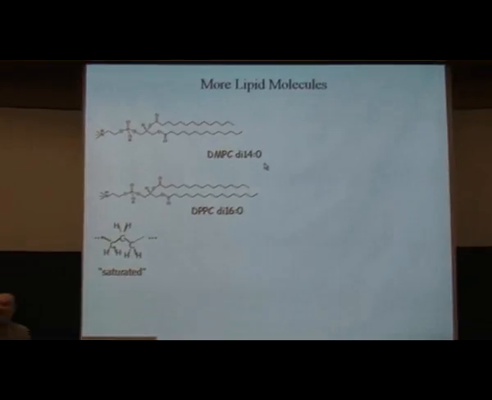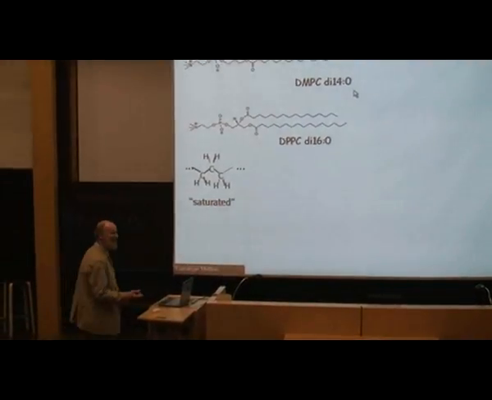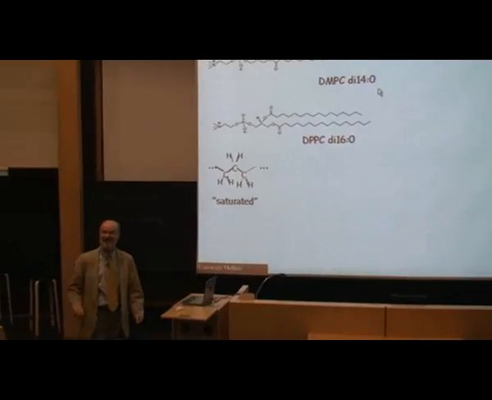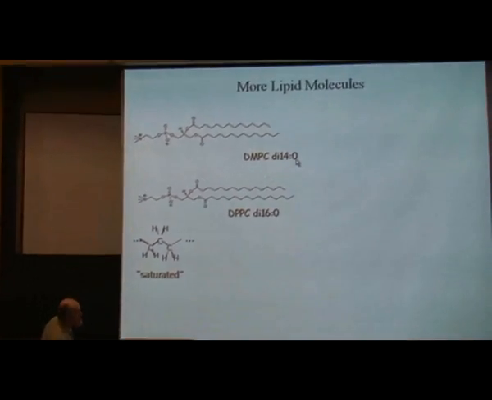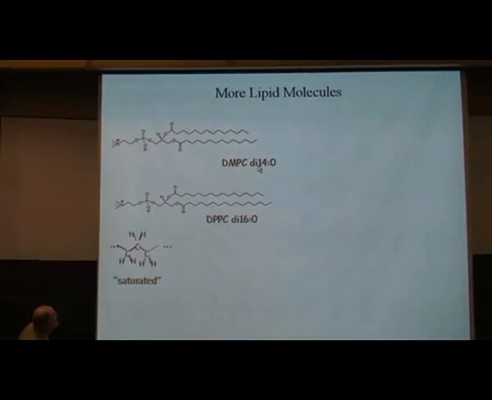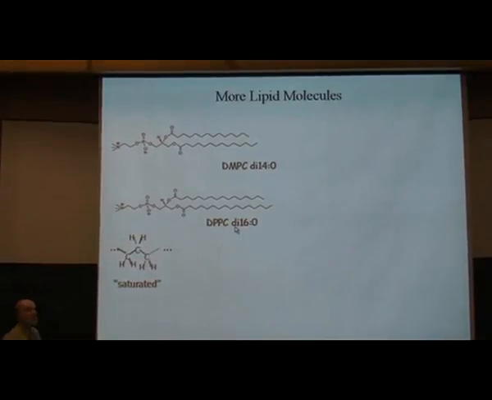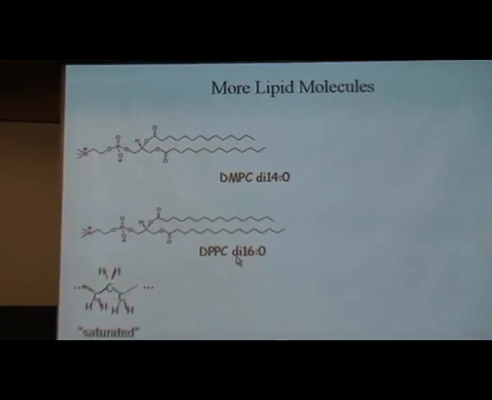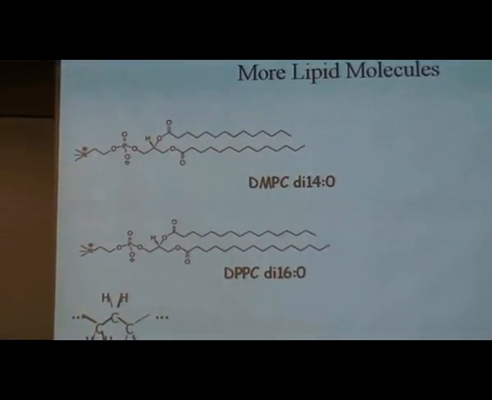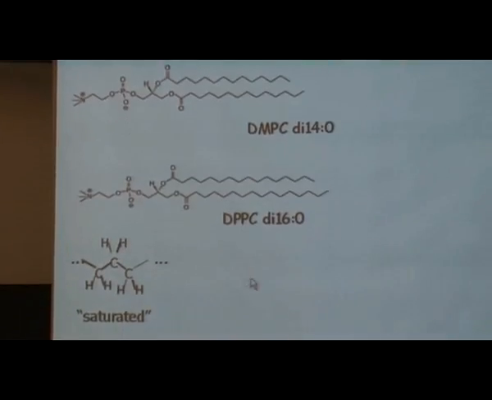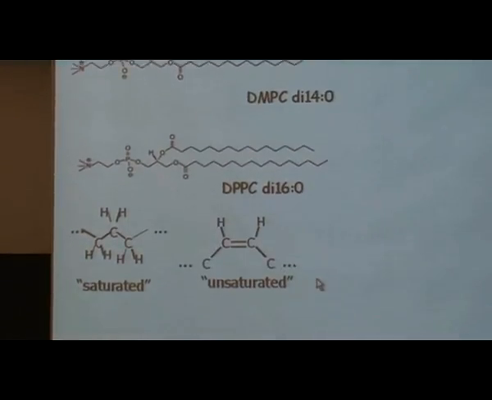This was not supposed to be the most dramatic part of the talk. I have someplace else, this should have waited a little longer. And I'll explain the zero in a moment. So there are two of these chains that are 14 carbons long. Here's one, different acronym, but the important feature is it's a little longer. It has a couple more carbons on each chain. And here's the saturated motif again. But now there's another motif on these hydrocarbon chains.